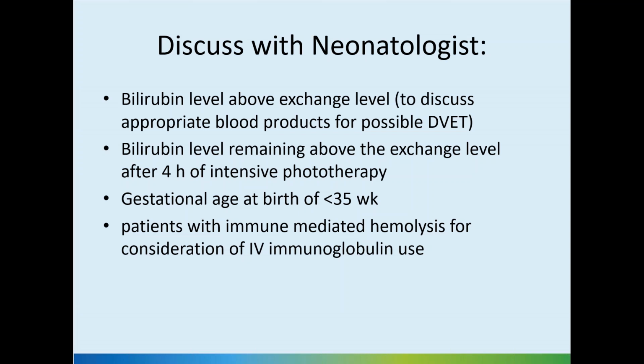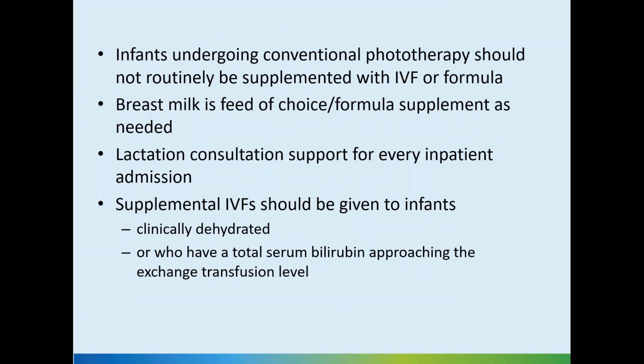Patients with immune-mediated hemolysis for either RH or ABO setting, where it is rising to either at or above the exchange level, there is enough evidence to show that IV immunoglobulin treatment may reduce the need for exchange transfusion by dropping the rate of increase. It works by blocking off the Fc sites, swamping the system basically. And you will still need to continue phototherapy and monitor closely. So majority of the time, if there is immune hemolysis, we may prevent exchange transfusion by using IVIG.